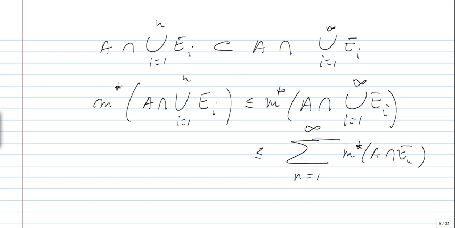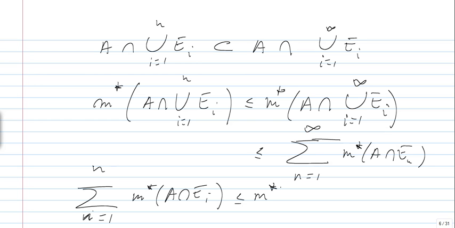Now, we said this is equal to this one here, so this implies that the sum from 1 to n of the outer measure of A intersect Ei is less than m star of A intersect the union of all the Ei's,